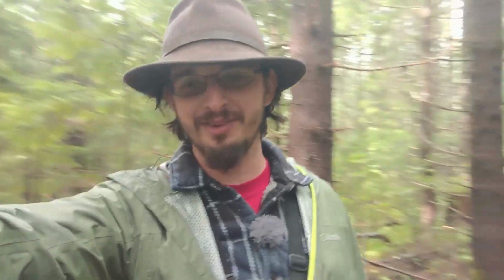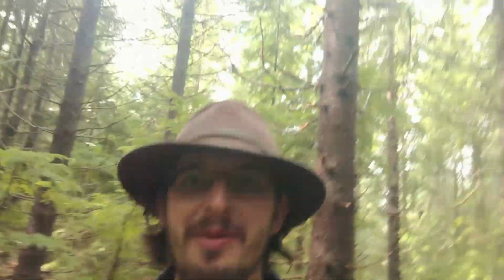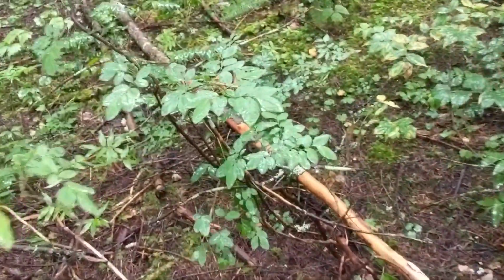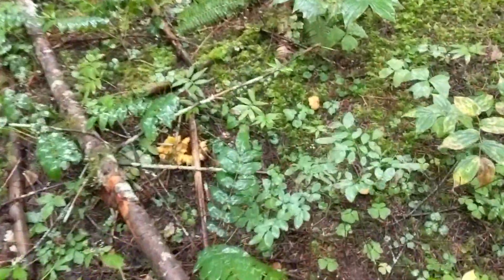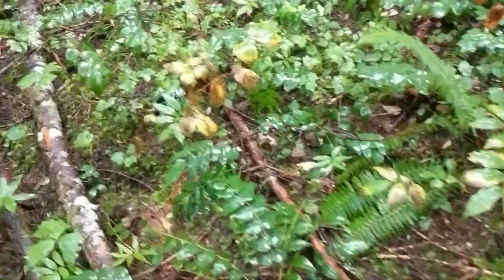Okay guys, so I think we just hit like the stereotypical mother lode here. Do you see them all? Just like everywhere. Okay, so I'm going to switch the camera around. This is exciting, so hold on. We just came up to this spot. And I found one, and then I see these, which is just a couple. I see these,